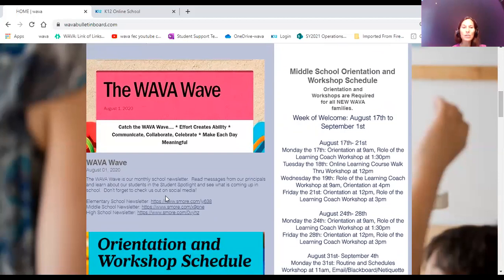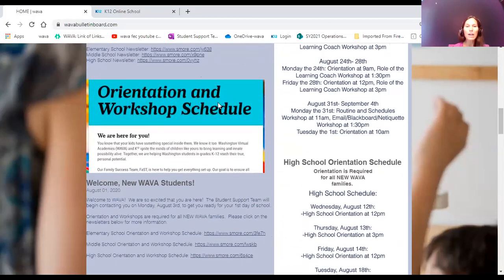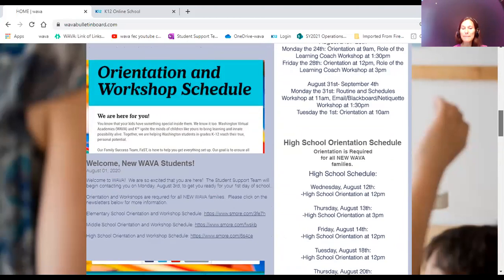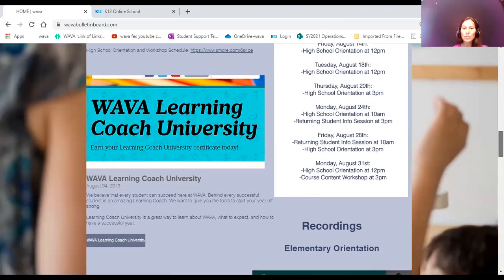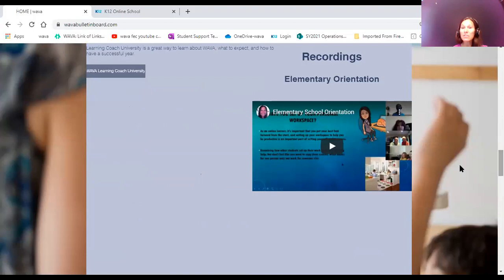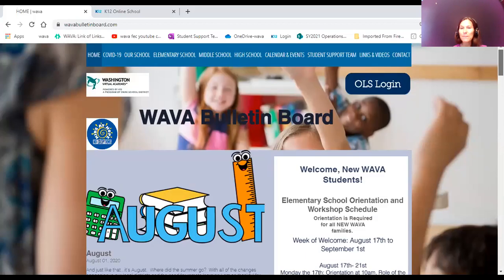On the left, you can see our newsletters for all 3 schools for that month. You'll find it here. You'll also find it in your email. And then we've got our orientation and workshop newsletters right here. Wava Learning Coach University. And then I'm going to start posting recordings from our orientations down there as well.